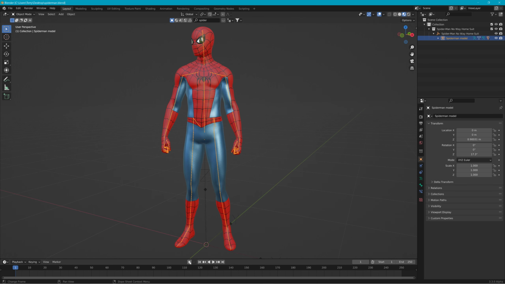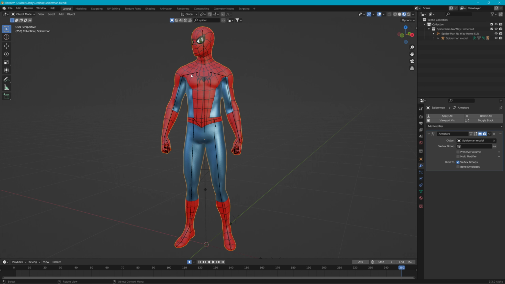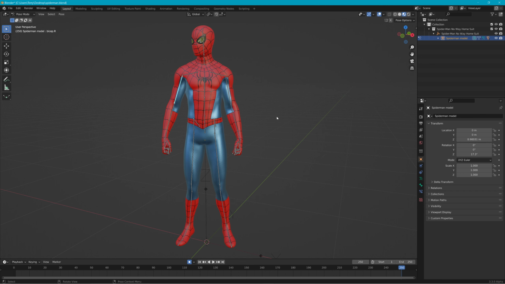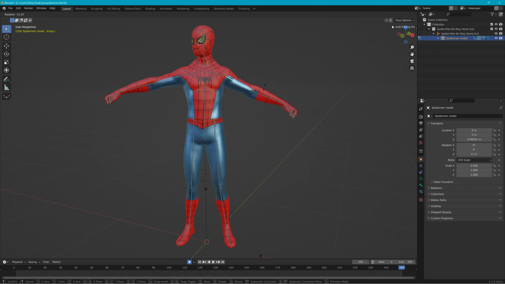Alright, now to animate, you got this auto key. Now think about this working backwards. So we go to frame 250, that'll be our end frame. And we go to pose mode. Now, you can't get into pose mode unless you got the armature selected, assuming your model's got an armature skeleton. And then once you're in pose mode, think about the animating. This is the way I think about it: working backwards. This is making keyframes for these things at frame 250,